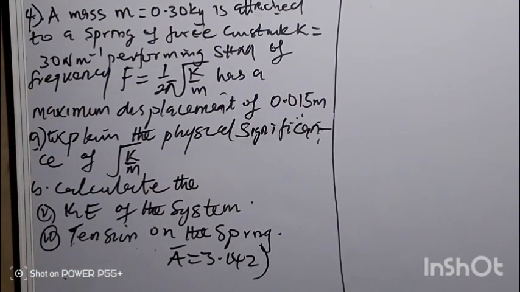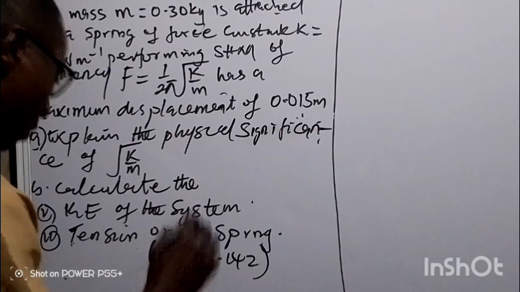A. Explain the physical significance of root K over M. B1. Calculate the kinetic energy of the system. B2. Tension on the spring. Pi is equal to